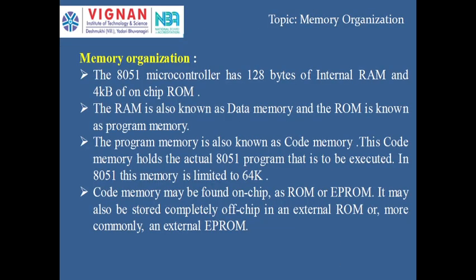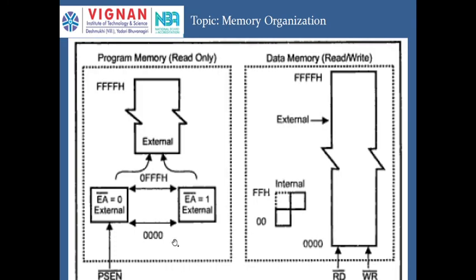Let me give a brief idea again about the 8051 internal organization. It has 128 bytes of internal RAM and 4 kilobytes of on-chip ROM. RAM is used to store data, that's why it is called data memory. ROM is used to store code and program, that's why it is called program memory or code memory. For program memory, we can use up to 4 kilobytes internally by setting the EA bar pin equal to 1,